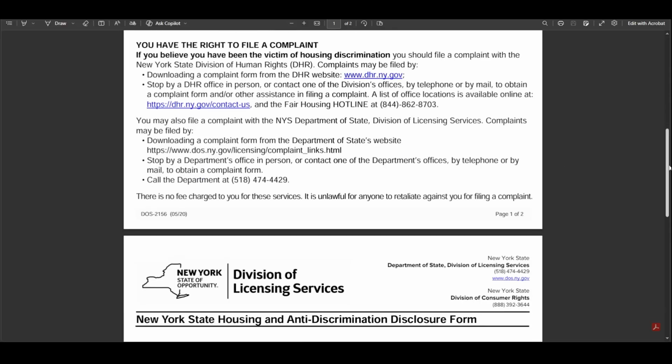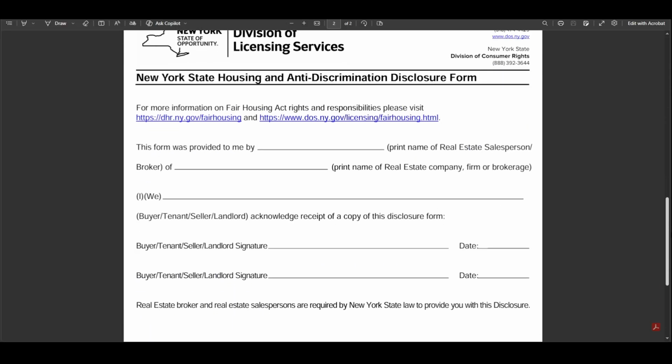And let's continue down. And here is the acknowledgement of the anti-discrimination disclosure form. So to fill this out, this form was provided to me by the real estate salesperson. Here you would enter your real estate salesperson's name, broker of your real estate office. Here you would enter the name of your real estate company, and then here would be we, people receiving this document, whether it's the buyer, tenant, seller, or landlord, acknowledge the receipt of a copy